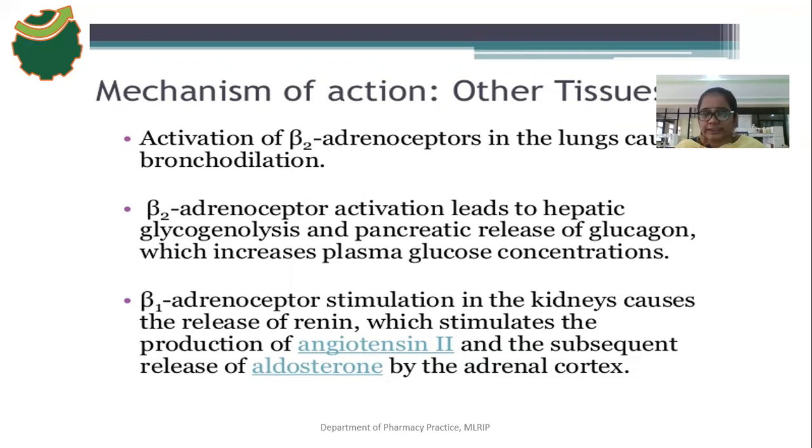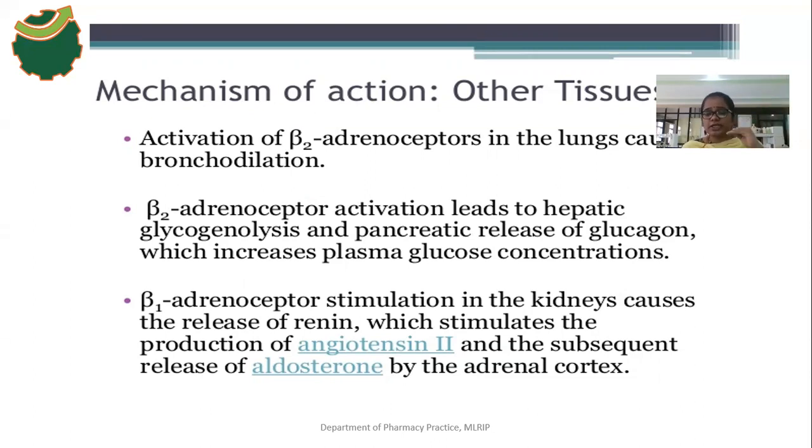It is activated because upon the activation of beta 1 receptors, there is a release of renin from the kidney, because beta 1 receptors are present in the kidney region. So the beta 1 receptor on the kidney stimulates the release of renin. And the beta 1 receptor effect on BP: the BP increases because it stimulates the release of more aldosterone. It activates the RAS system. In the RAS system, the final outcome is to stimulate the release of more aldosterone.